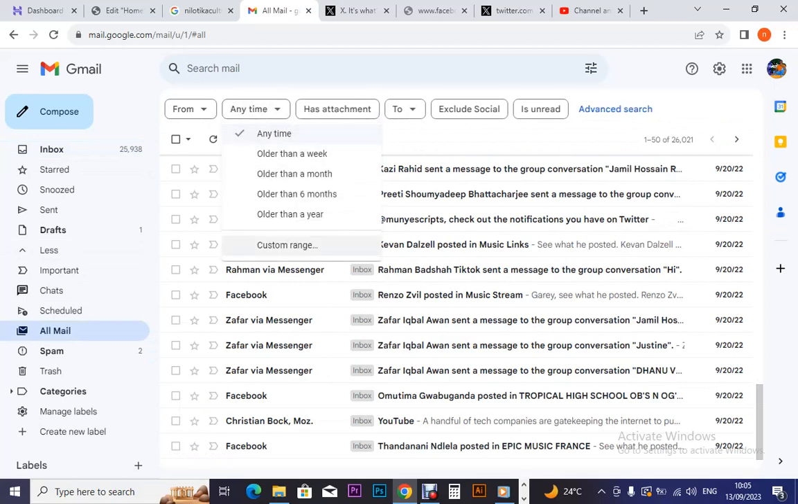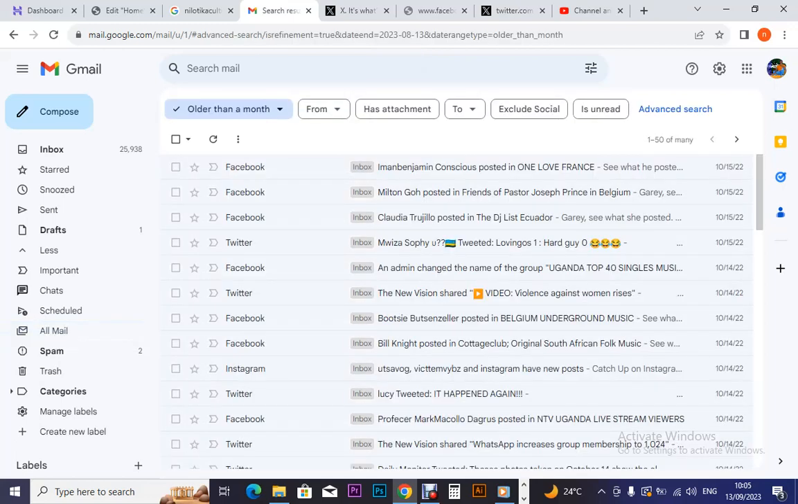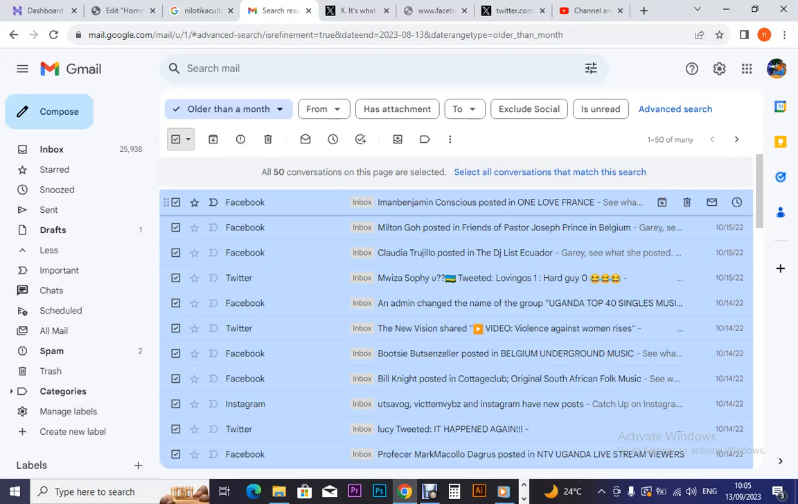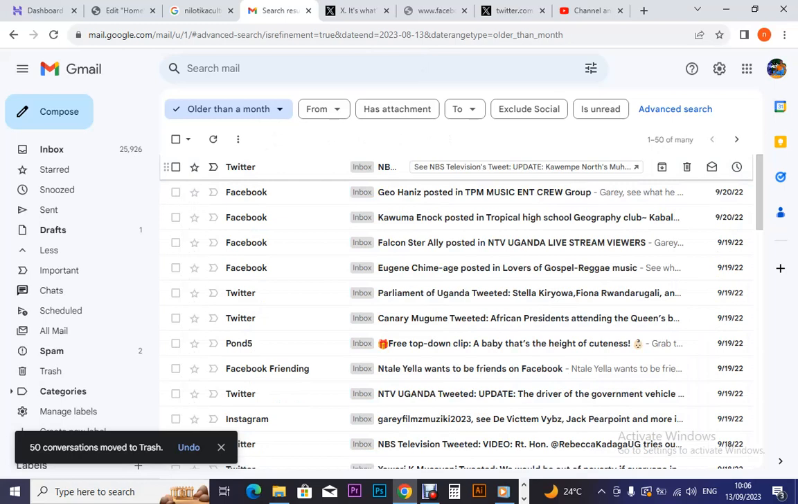here it deletes older than a month. If I select older than a month, could I delete everything older than a month? It deletes almost everything, because I'm looking for where I can delete all 50 conversations on this page. So it means that all of them on that page were all unread and they were older than